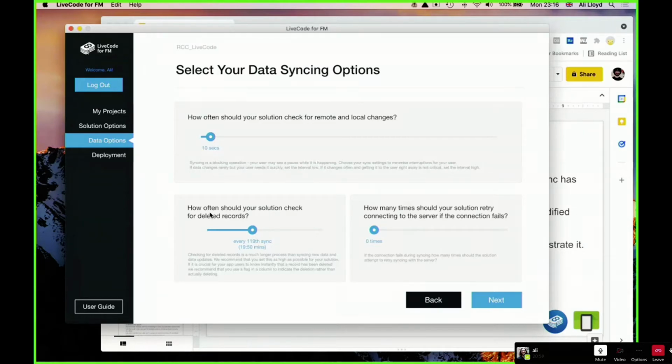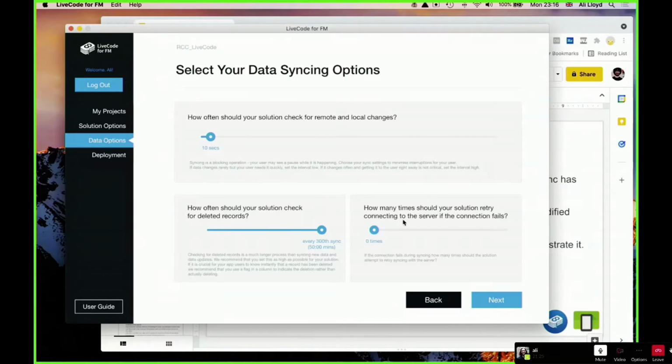Then you can configure how often it should check for deleted records. It's something quite high here, so it doesn't check for deleted records very often. You can set it quite high, but we're not checking for deletions here, so that's fine.